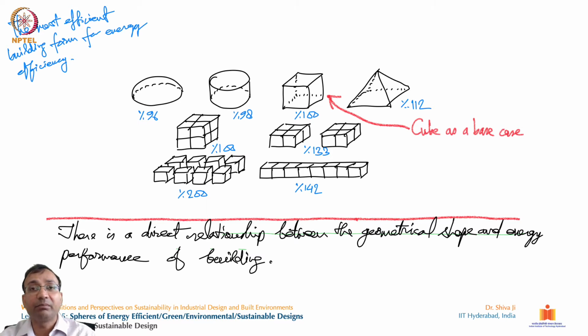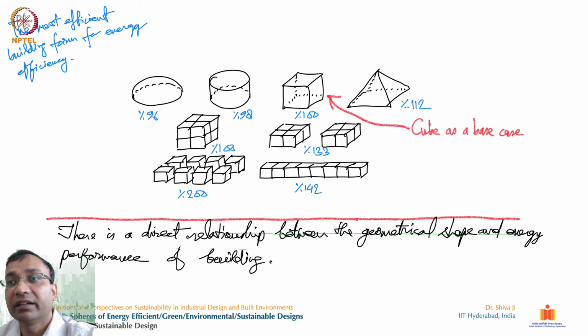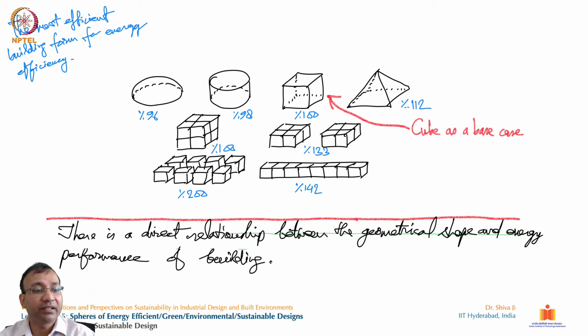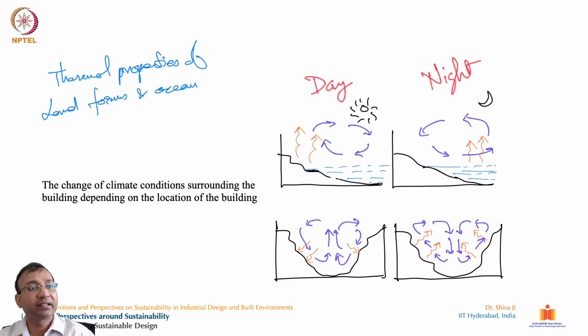So if there is a building block of just one bigger unit, and we defragment that block into smaller blocks, it is going to have a big impact, and the consumption of energy is going to increase a lot. We should always consider that while designing our buildings. That is the intent of this lecture, to give you insight on this part. Let's move on to the next slide.